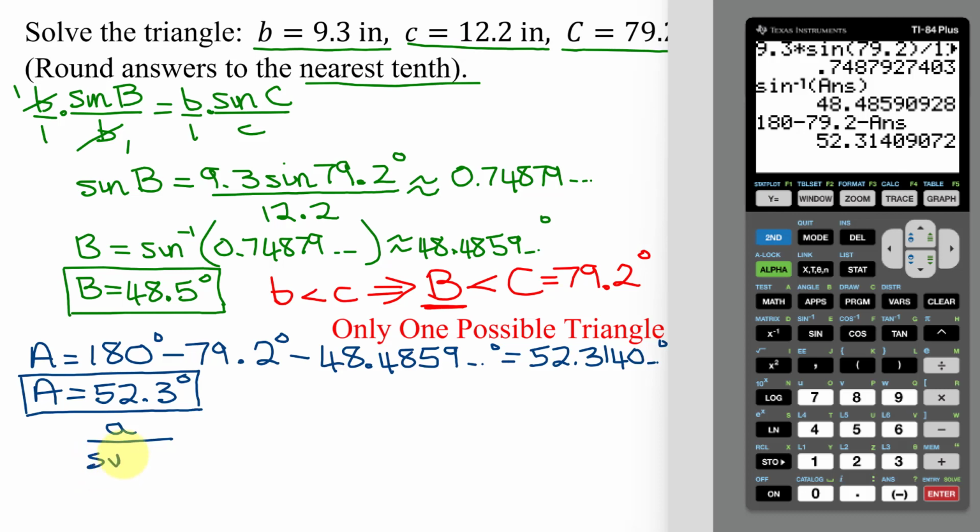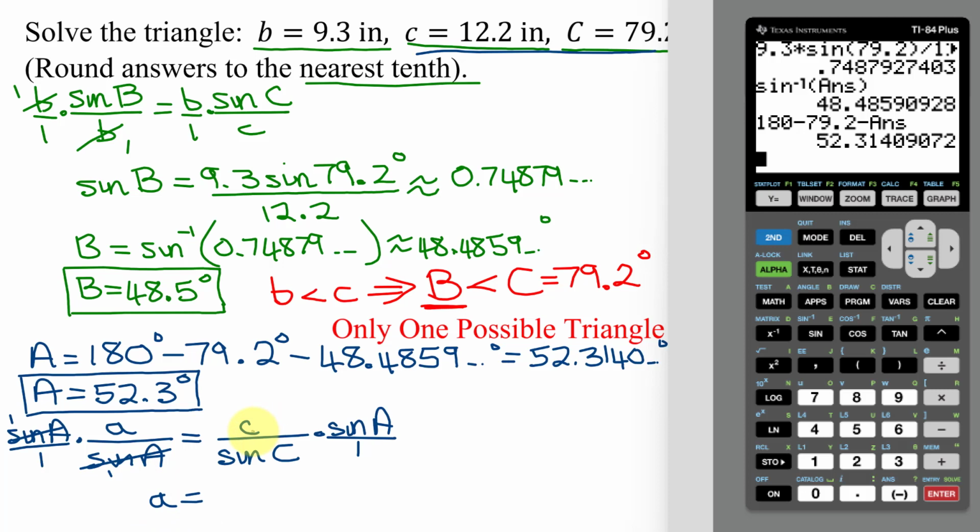So side A over the sine of angle A equals, I'm going to use the given information of side C over the sine of angle C. To get A by itself, I have to multiply both sides by sine A. These reduce, and I get A equals C, which was 12.2, times the sine of angle A, use the accurate version,